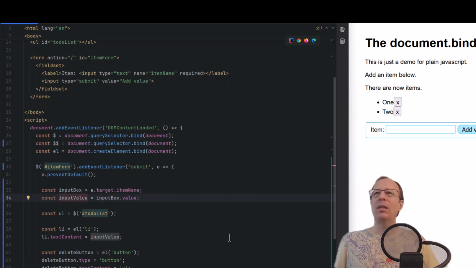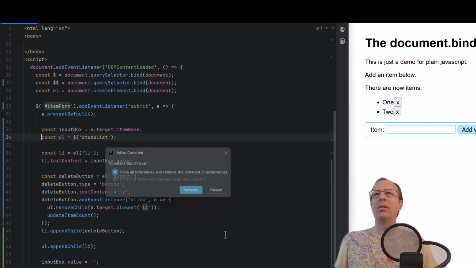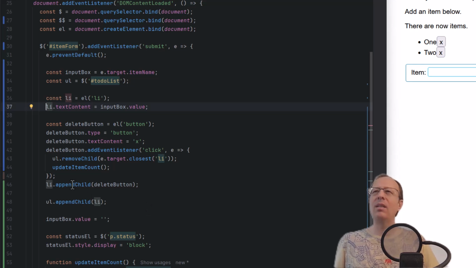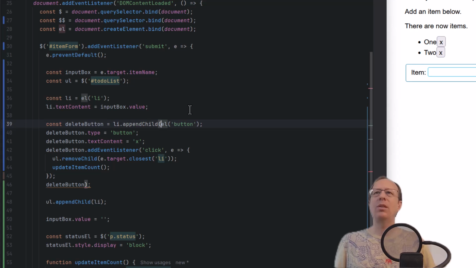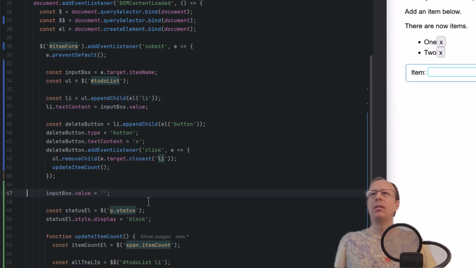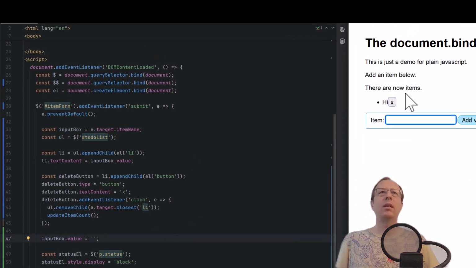Okay, let's see what else we can do. There's no point to keep a reference to this input value. Let's get rid of that. And another little shortcut I like to do is to use the fact that appendChild returns the thing we are appending. So we can move this to the place we create it. Let's do the same for the list item. We create it all the way back here. Things are getting a little nicer. Make sure they work. Yep.